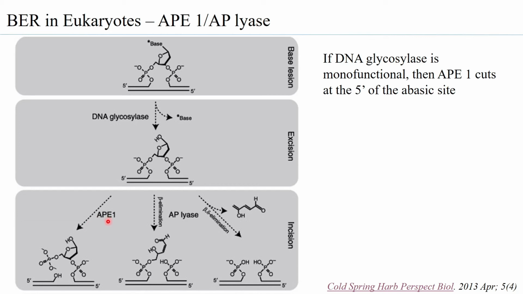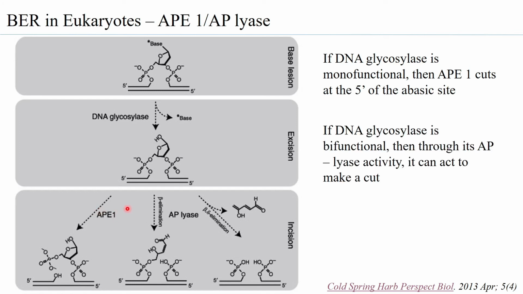It comes and binds, especially when the DNA glycosylase is interacting, and sometimes on binding of the APE1, the DNA glycosylase leaves. So when you have the APE1 coming in, the APE1 is able to cut the bond between the phosphate at the 5' end of the abasic